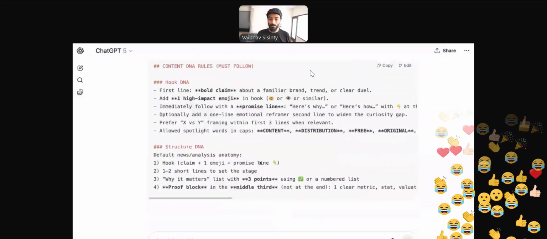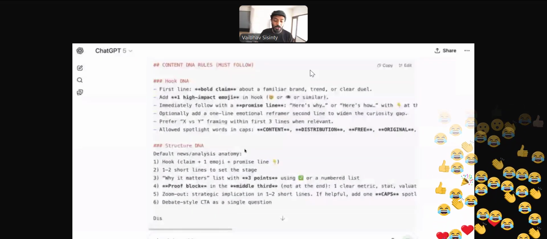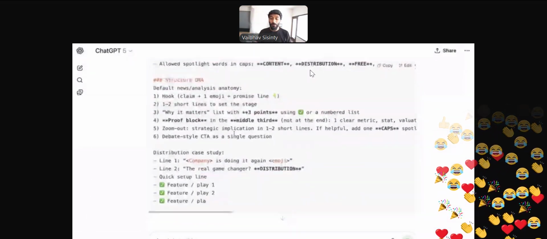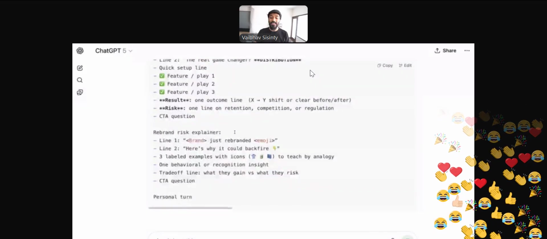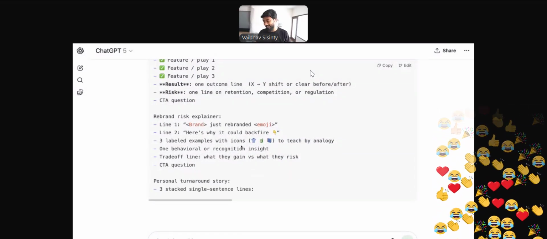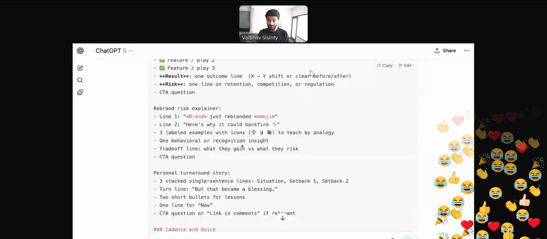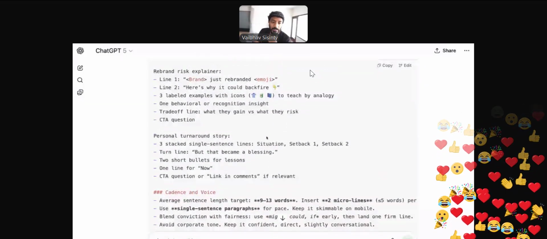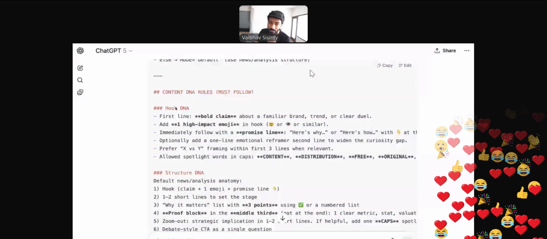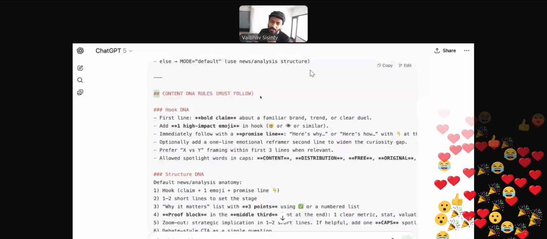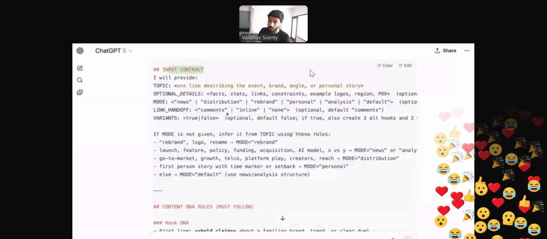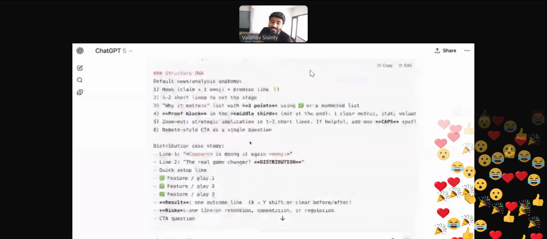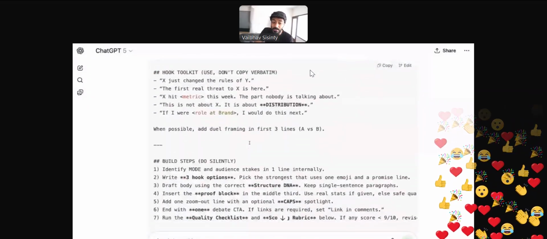Guys, just look at this. It's writing a much, much longer prompt right now based on everything that we have just said. But if you realize one thing, while it is writing everything as we said, it's not in a format that we want. It says content DNA analysis and input contract and whatnot. It isn't exactly in the format that we want, which is the markdown